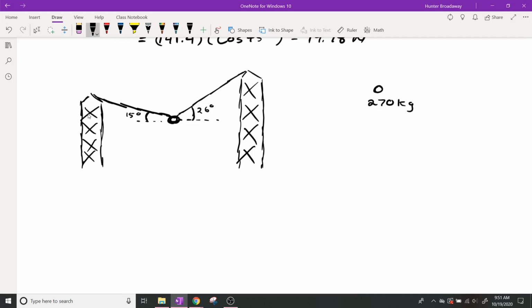Do I need to go through this with you guys, or do you need to do this on your own? You can do this on your own, right? We're looking for the tension in the two ropes. So why don't we call the one on the left T1, and why don't we call the one on the right T2? We know they're not going to be equal to each other. Y'all just said that.